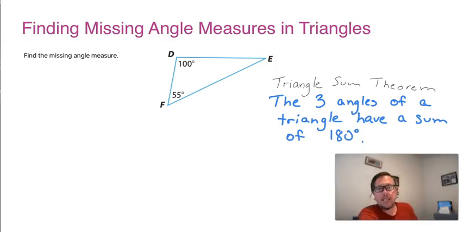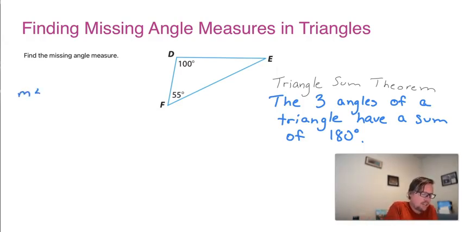So what this means is, if we have a triangle, it by definition has three angles. If we add those three angles together, the total will be 180 degrees. So if we have two angles of a triangle, we can find the third one. So finding a missing angle, like we are asked to do in this problem, is a simple matter of doing addition and subtraction. So what the triangle sum theorem says is, in this triangle, for example,